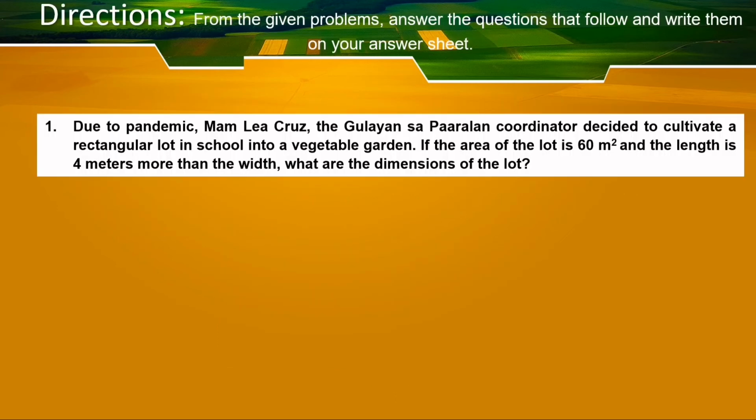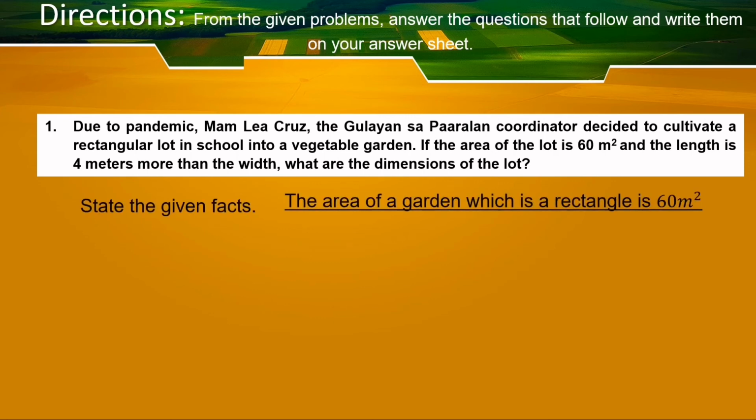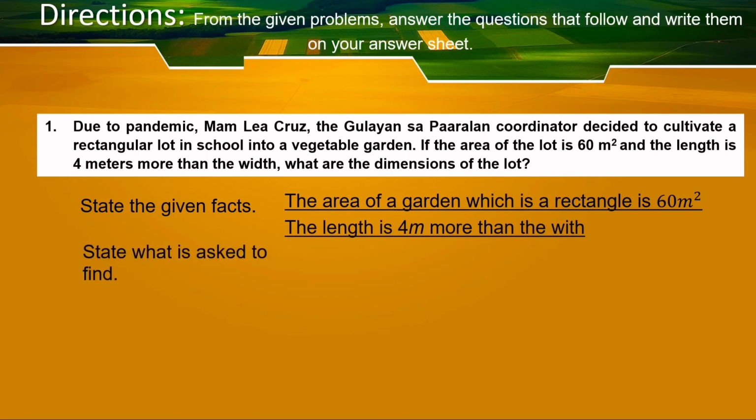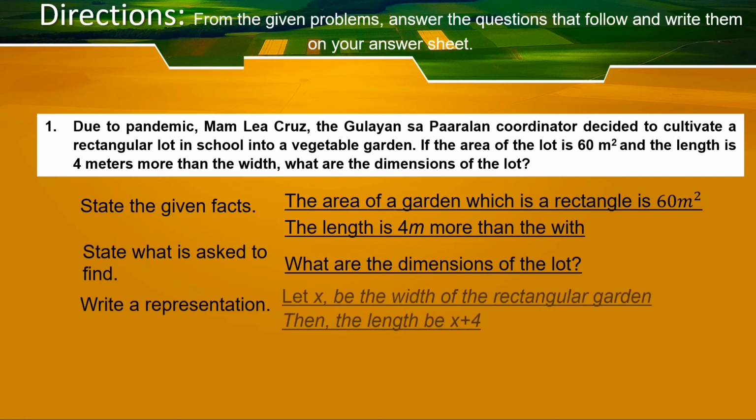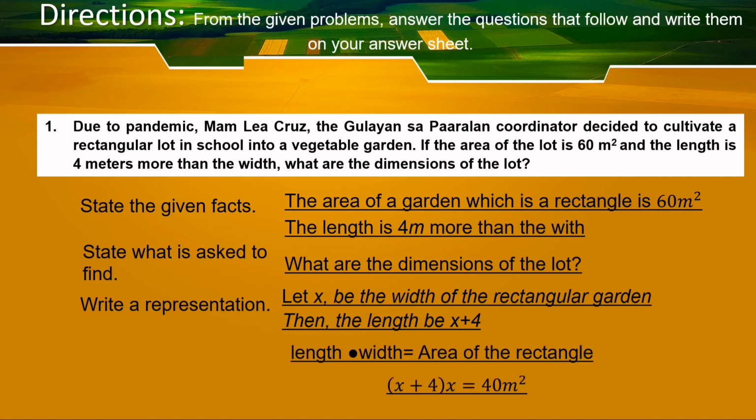Now let us solve the problem step by step. The facts: the area of a garden, which is a rectangle, is 60 square meters. Then the length is 4 meters more than the width. What is asked to find? You are tasked to find the dimensions of the lot. Then write a representation. We already did that in the illustration. So we have x and x plus 4 as our dimensions. Then we solve